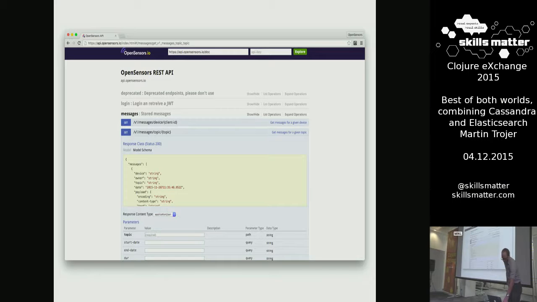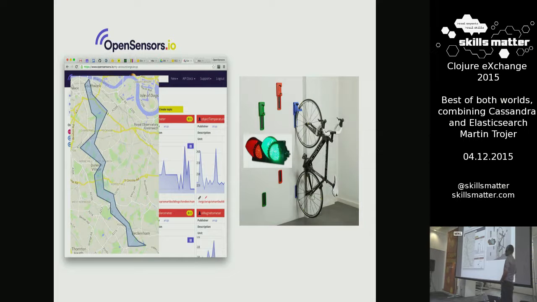Here is an imaginary product that we're working on at the moment. We've done a lot of work on air quality recently, like the Heathrow story. I don't know if you read in the paper a few months back about some worrying signs about Heathrow air pollution, and it was actually loosely based on Open Sensors, because we are collecting a lot of open air quality data and trying to provide that to researchers to do analysis on the actual state of the air quality, not just the spin from people with vested interests.